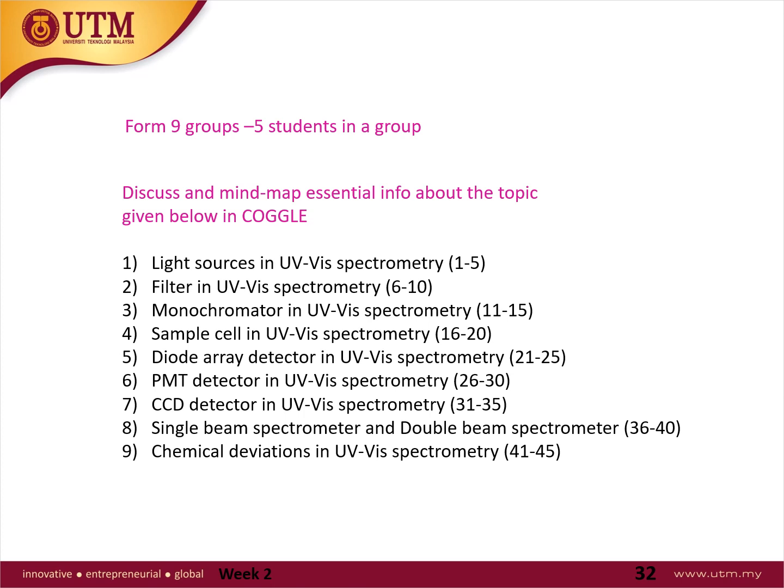the topic of instrumentation in UV-VIS spectrophotometry. So form 9 groups, 5 students in a group. Macam mana nak tahu 5 student? I put over here 1 to 5 group 1, 6 to 10 group 2 and so on. So you go into the Coggle, I will give you the link for each of you. Okay, I will give group 1 to 9 and you brainstorm or you put essential information. Jangan ambil pada nota I because we want to proliferate the information. Okay, means that tambah information lagi in the Coggle. Okay, so with that